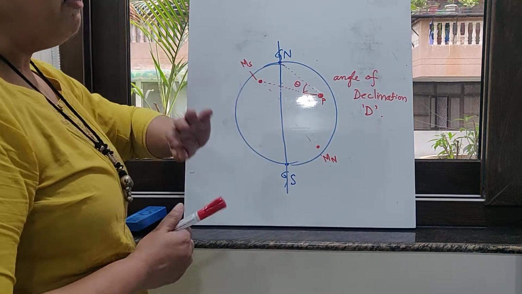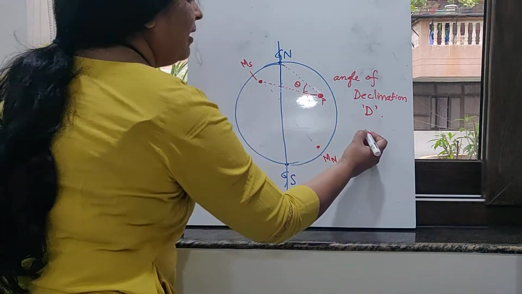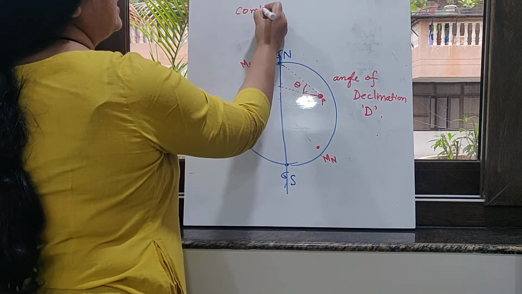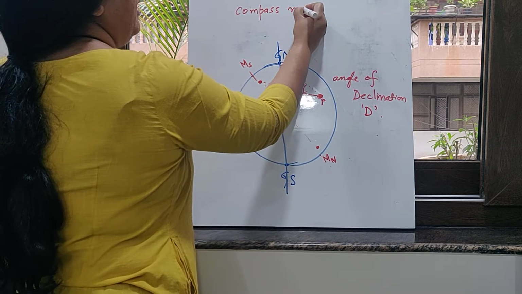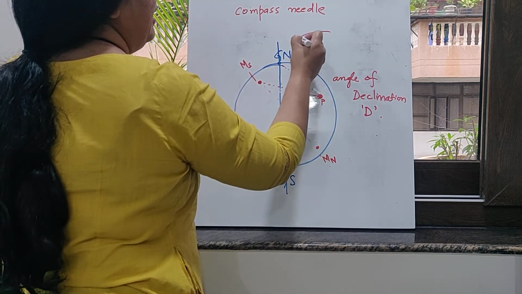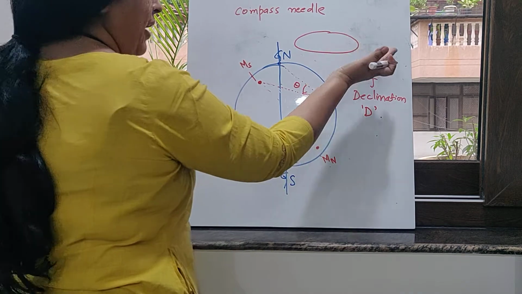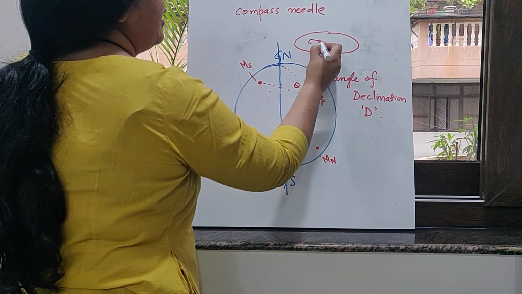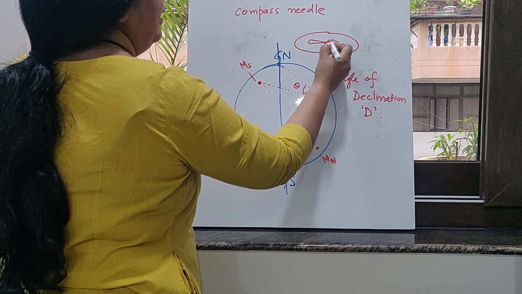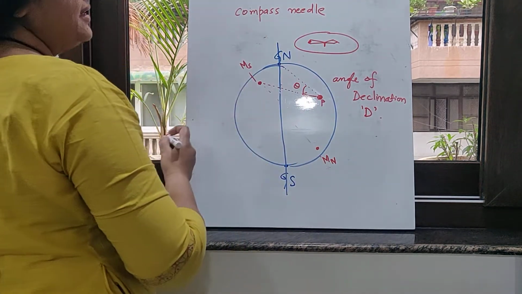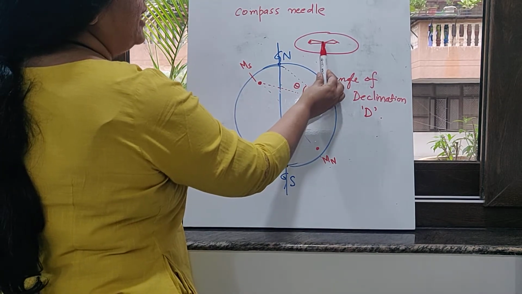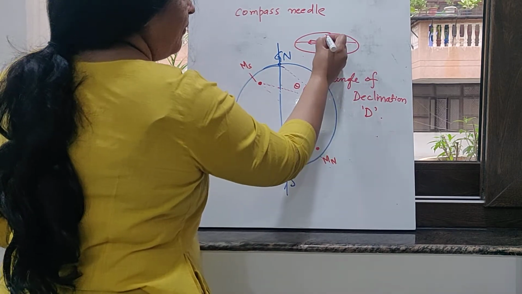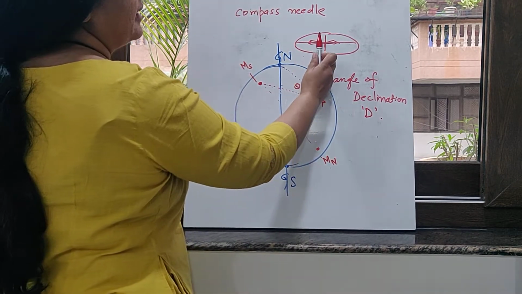Now further, suppose you have a dip needle. Initially what we considered is a magnetic compass needle, and we have all seen the magnetic compass needle. It is in a horizontal plane, there is a pivot, and the needle is like this, right? This is how we represent a magnetic compass needle. It is free to rotate about a vertical axis. The needle lies in the horizontal plane, but it is free to rotate about the vertical axis.